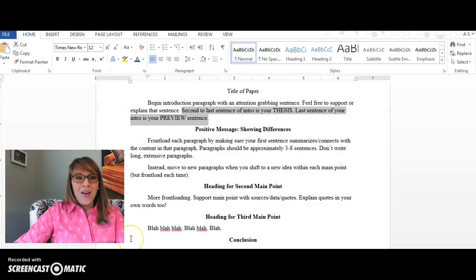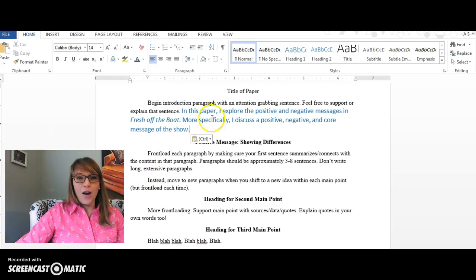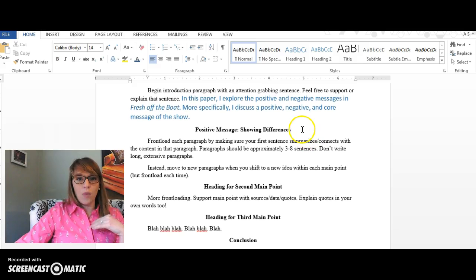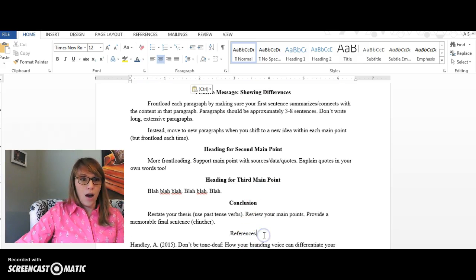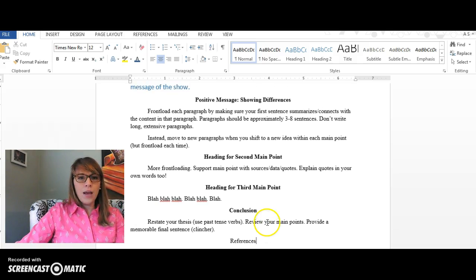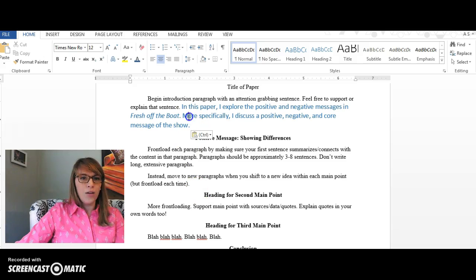So I've already done that because I took a minute to outline my paper. So already I know here is my thesis and here is my preview. And then based on the order in which I list things in my preview, that is the order of the headings in my paper, okay? Notice that headings are bolded and centered. The title is not, and the reference page title is not. So titles of pages are not bolded, titles or headings are bolded and centered. And this is not yet formatted in APA style. I don't use blue ink. I don't have all these spaces. This isn't double spaced. I'll address formatting in part 2 of this video.